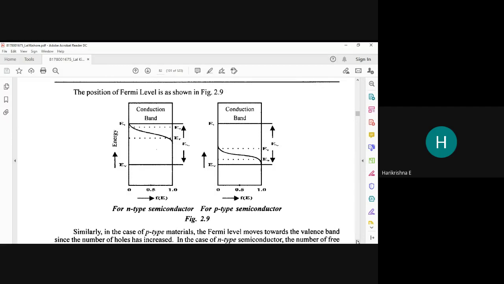It very clearly indicates what are the majority charge carriers and what are the minority charge carriers. With a strong mathematical foundation, they are saying electrons are majority charge carriers and holes are minority charge carriers. This is what I wanted to discuss related to the conductivity and Fermi level. You can get it in any book. I'm closing this book and I'll open a new book for you.